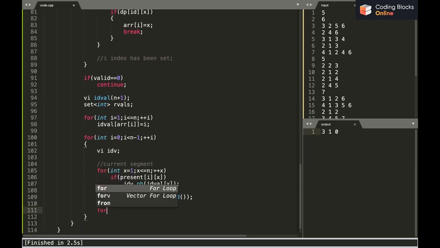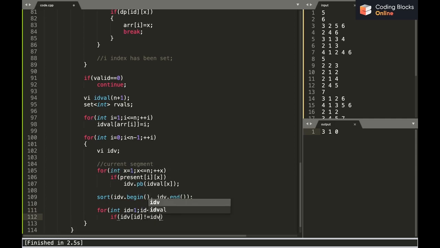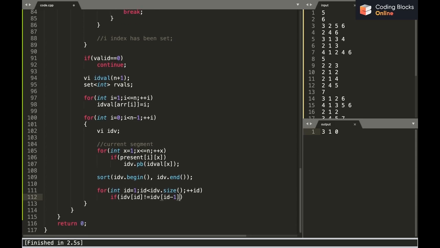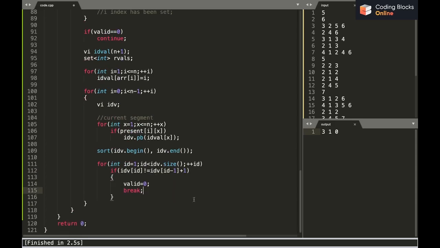Now after sorting it, I'll say for int id equals 1, id is less than idv.size, plus id, if idv[id] is not equal to idv[id minus 1] plus 1, it means that they are not continuous. There is a gap of greater than 1, so our valid is again 0 in this case, and we can break here.